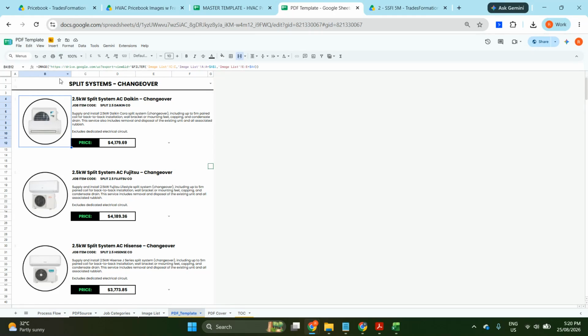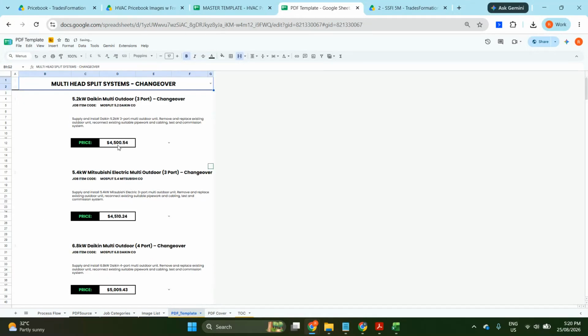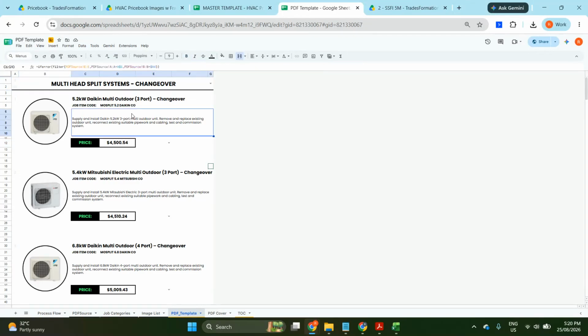This template now picks up the images and the values based on formulas. So if you change a drop down here to another category, you'll notice the images and the values will also change. From there, the PDF can be printed. You can make a copy of this template per job category and generate the PDF file from there. Thank you. So this is how the script works.